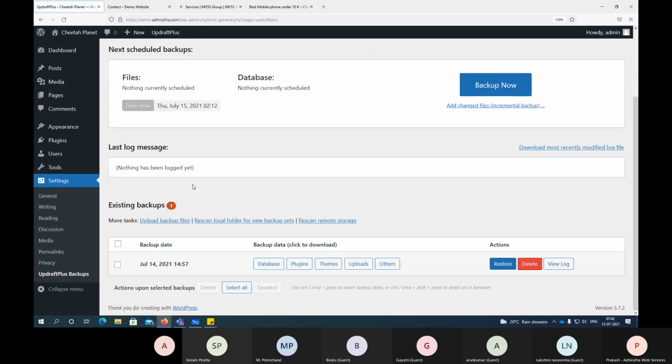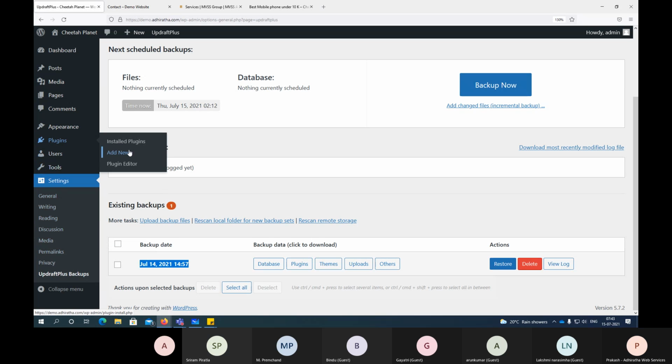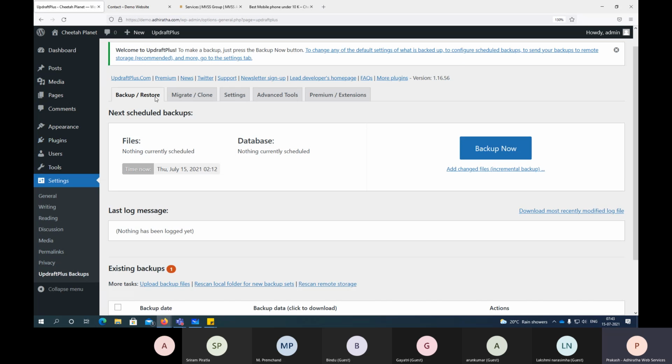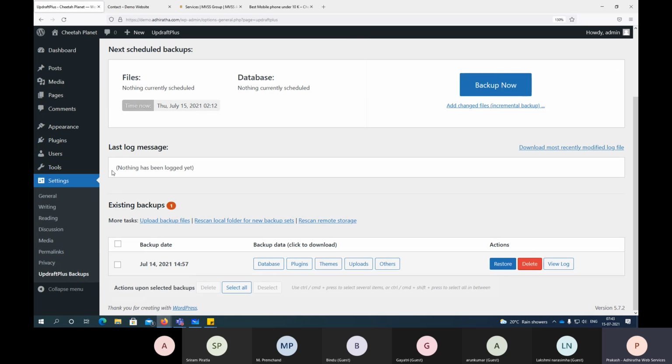See, you have your backup date. So yesterday's backup is there. For that, you need to activate your plugin first. Again, it depends on which plugin you are using. This plugin called UpdraftPlus is a little advanced version, which I use more often. It has a lot of other functionality. You can schedule it to take a backup every 24 hours or every 1 week, and choose where that backup should be stored.